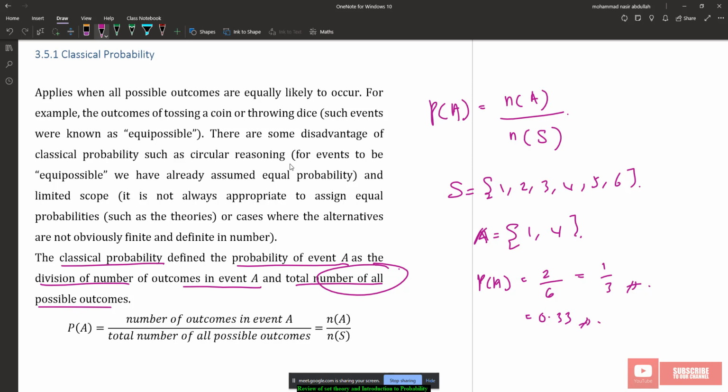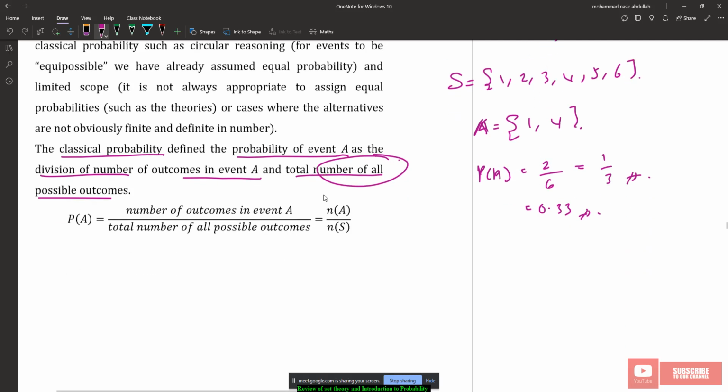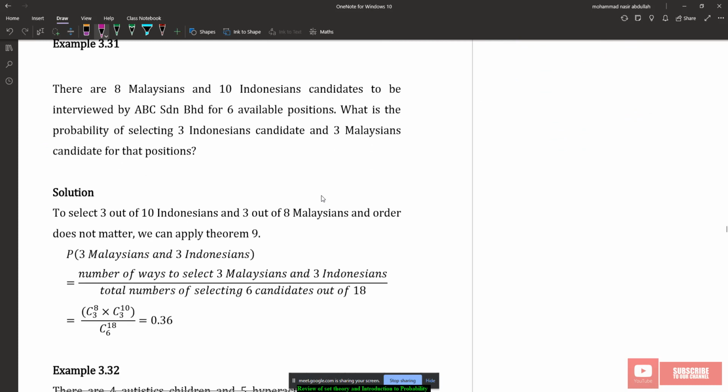Very simple, right? You just need to understand the basic concept. When you want to go for an advanced concept, you need to really understand the basics. If you don't understand the basics, I don't think you can go to the next topic, right? So let's look at example number